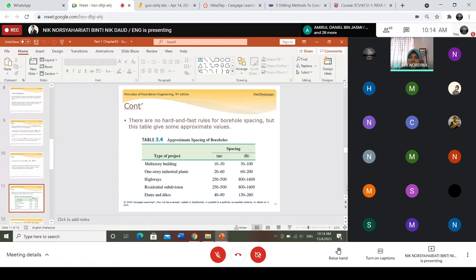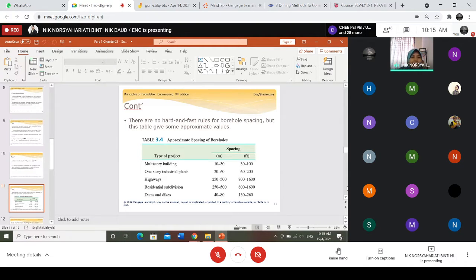But then of course again, it depends on the site surroundings or environment, how many boreholes are needed. So some of the boreholes maybe just not very deep. But then some of the boreholes, in terms of the depth, will be different based on the topography map that you got from the previous